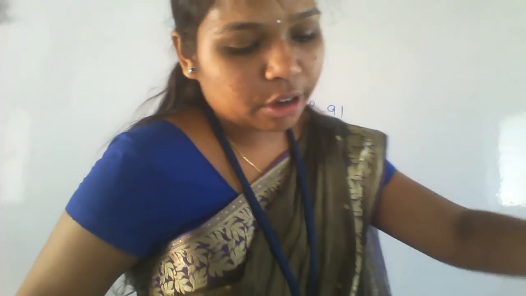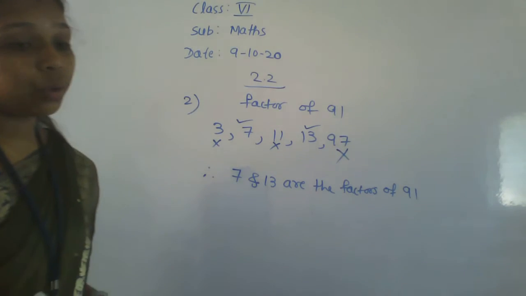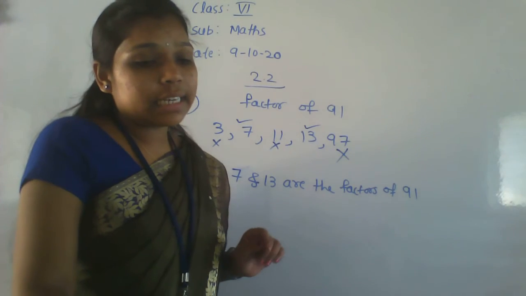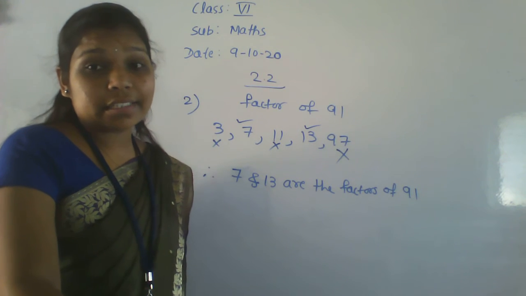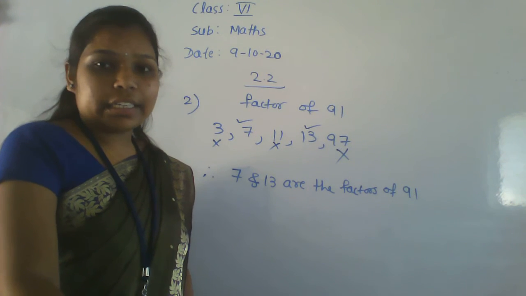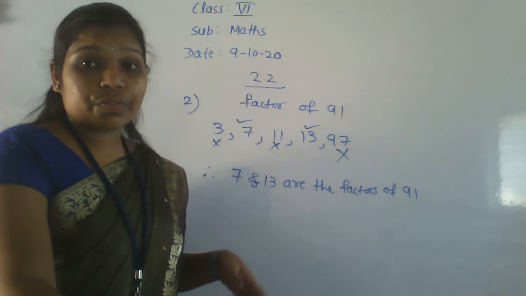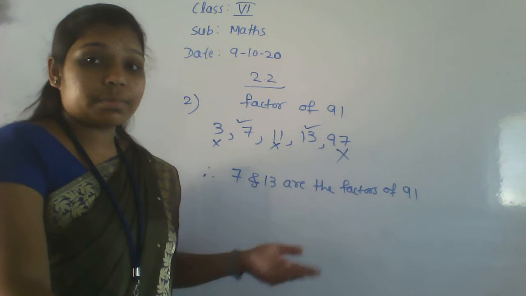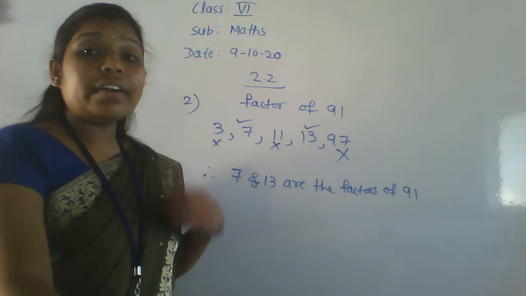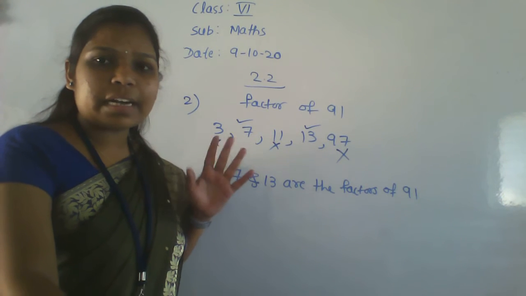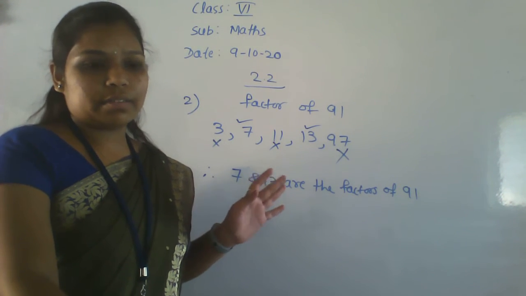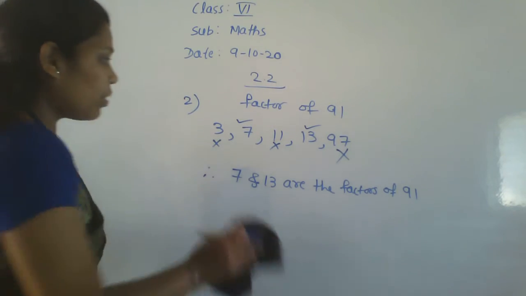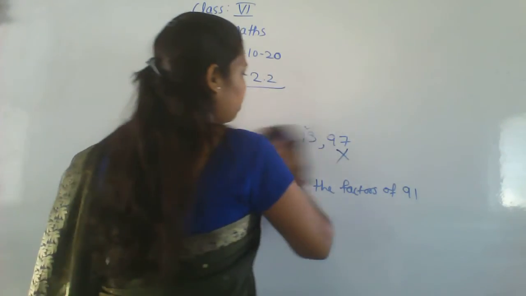So next, go for the third question. Third main. Find 6 multiples of the following numbers. Find any 6, they ask here. It is not a restriction; not the first 6 multiples or the last 6 multiples. Find any 6 multiples. 6 multiples means you have to multiply the numbers and write the results. That is a multiple of that number. I will tell you how to write those multiples.